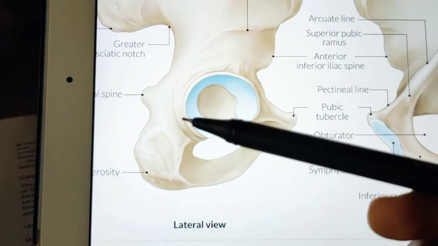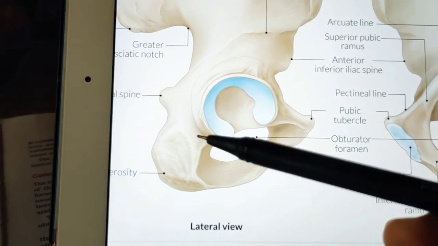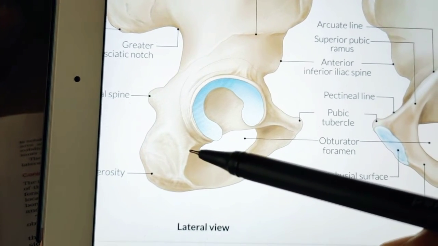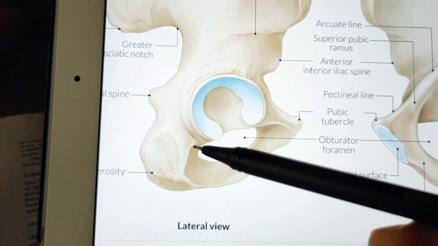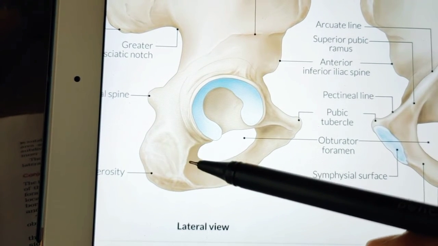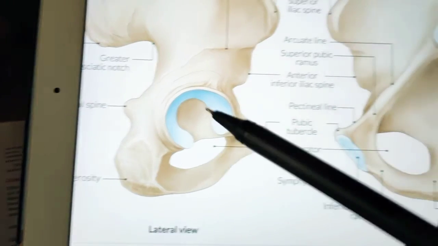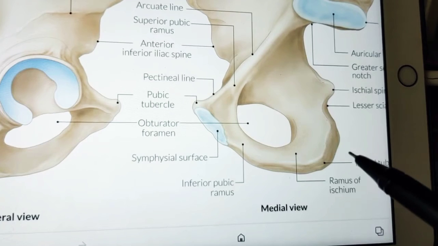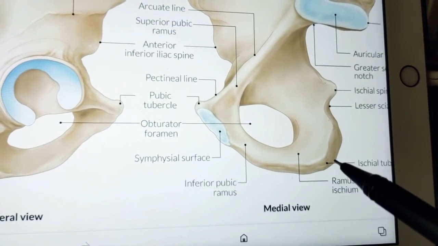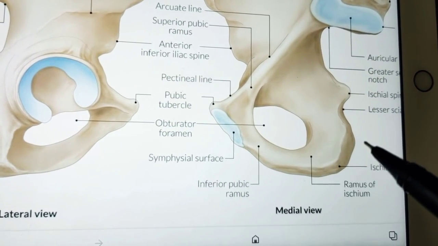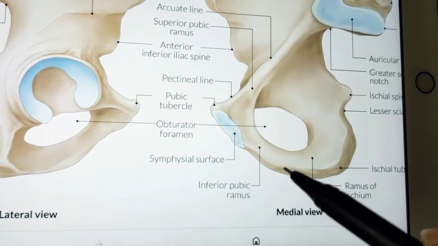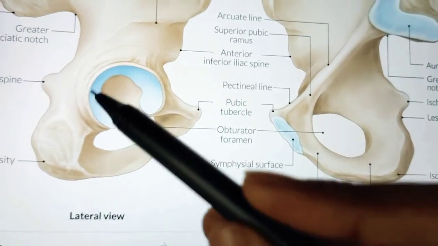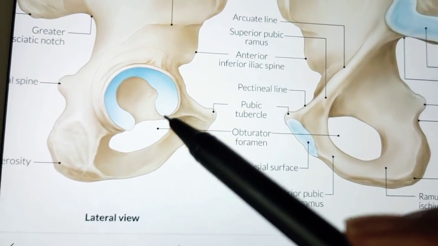So now we'll talk about the femoral surface. This surface is called the femoral surface. The femoral surface lies between the anterior and lateral borders, of course. So this is the anterior border, right? This is the lateral border, right? If you understand from this diagram, this is the anterior border. Between the anterior and lateral border you will find the femoral surface, okay? You will find the femoral surface only near the acetabulum, because here only the hip joint will form, right?